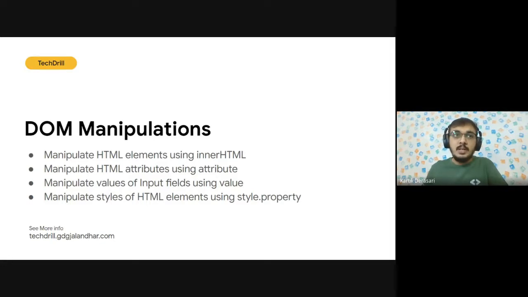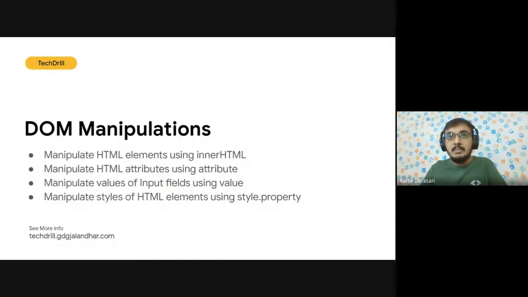Whenever we want to manipulate, which basically means changing, the HTML elements, we need to use dot inner HTML. Whenever we want to change the HTML attributes, we need to use the attribute name.